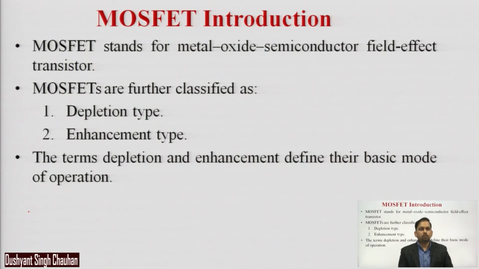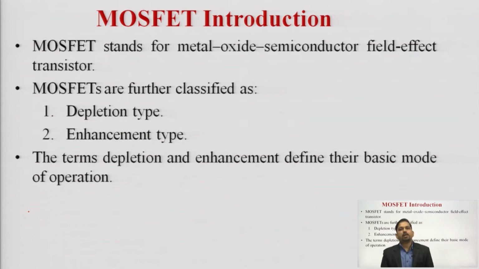This is lecture 13, and in this lecture we will be seeing the metal oxide semiconductor field effect transistor. So, we have seen the classification of FETs, the field effect transistor. We have categorized FET as junction field effect transistor and metal oxide semiconductor field effect transistors. And this MOSFET can be further categorized as the depletion type and enhancement type on the basis of channel.